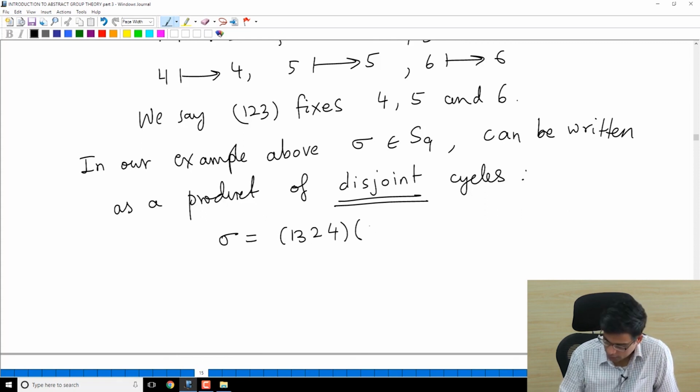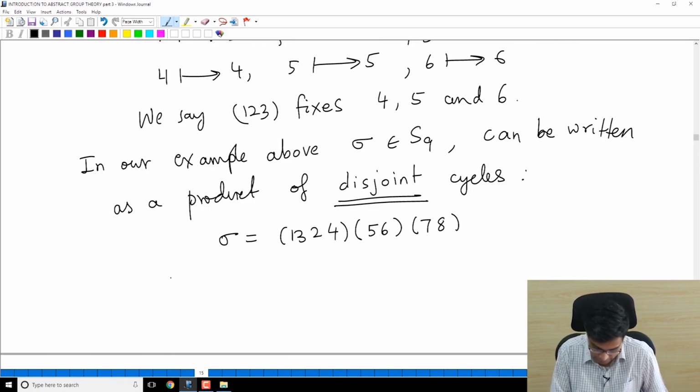We worked this out, right? 1, 3, 2, 4, 5, 6, 7, 8. These are disjoint cycles